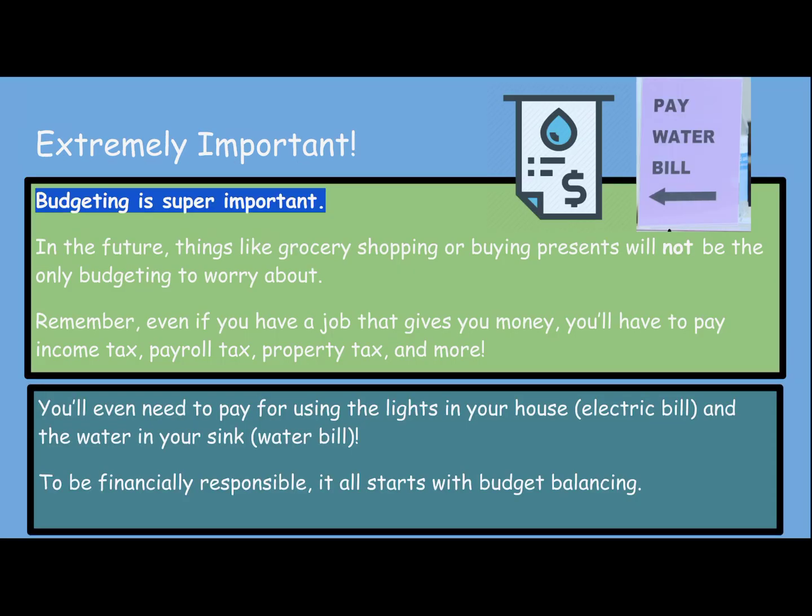It seems simple, but it's a recurring problem in our everyday lives because it is sometimes hard to not spend money. You have to budget effectively. And that brings us to why budgeting is super important. Things like grocery shopping and buying presents for your friends will not be the only budgeting you'll be worrying about in the future. Remember, even if your job gives you money, you still have to pay income tax, payroll tax, property tax, and